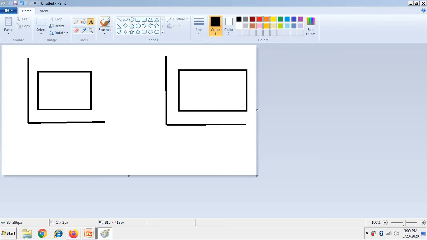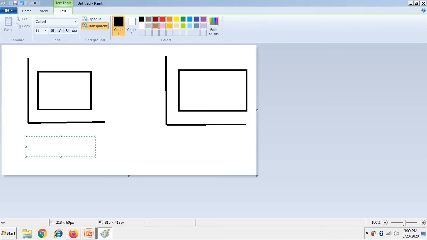This is the world coordinate system which we have discussed, and this is your viewport